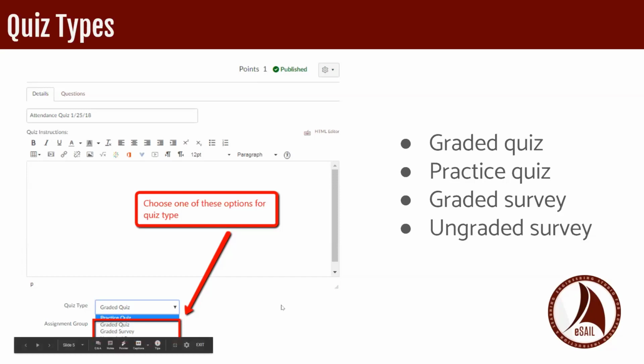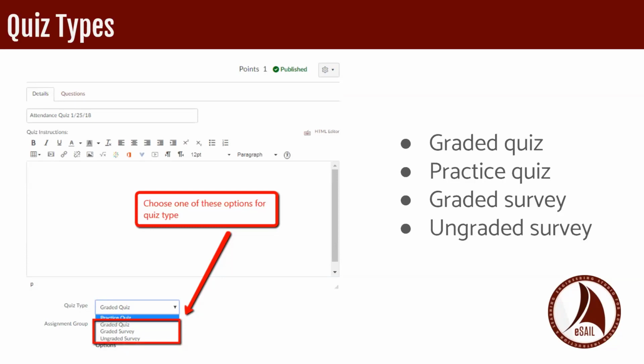A practice quiz is a quiz that's used as a learning tool to help students to see how well they understand the course material, but students do not receive a grade for practice quizzes. A graded survey allows instructors to give students points for participating in the survey.